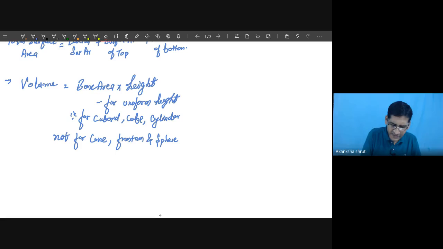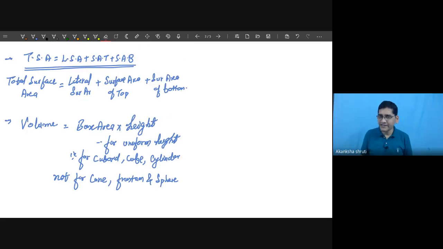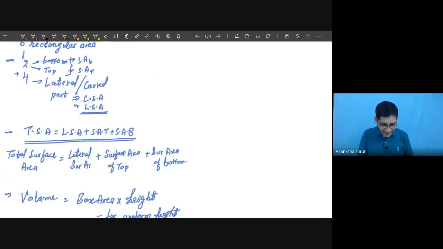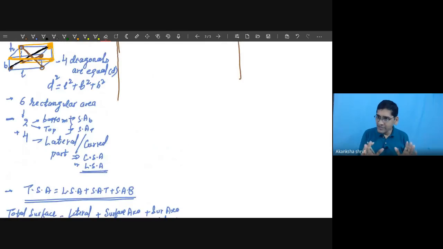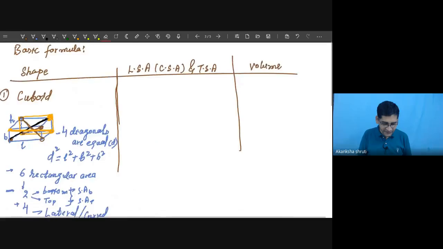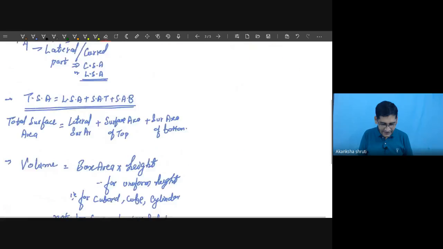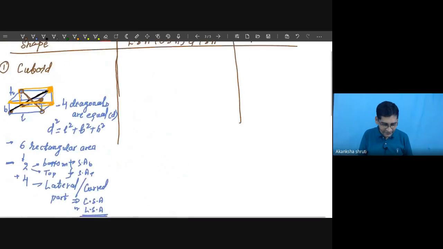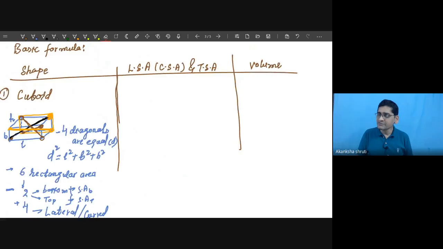This relation is not applicable. Then there is a specific relation that we can get. How is this? We will write for the cylinder, cube, cuboid, and we will get it. So these are the basic things that we must understand. After this, this much analysis or everything is applicable for all kinds of figure. But what is the specific formula for that? For the